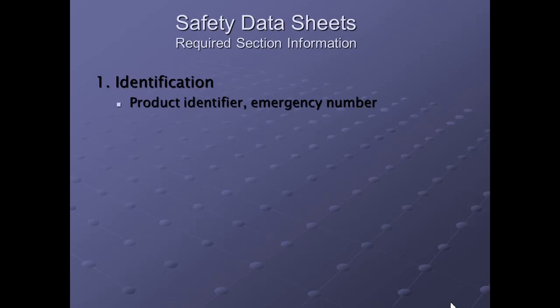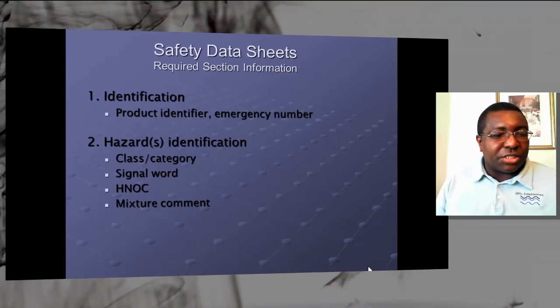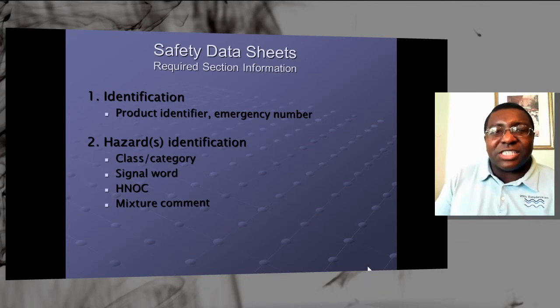Number 1 is always going to be the identifier, the emergency number. It's always section 1 of your SDS out of the 16 sections. Number 2 will always be the hazard identification. They'll give you your signal words, and then the HNOC means hazards not